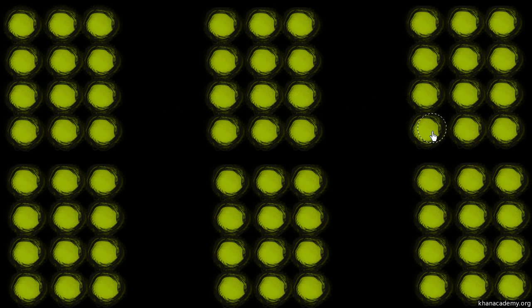So I have several groups of these ball-looking things. And let's think about how many balls are in each group. We have 1, 2, 3, 4, 5, 6, 7, 8, 9, 10, 11, 12. And what I want to do is think about the different ways of dividing these 12 balls into different numbers